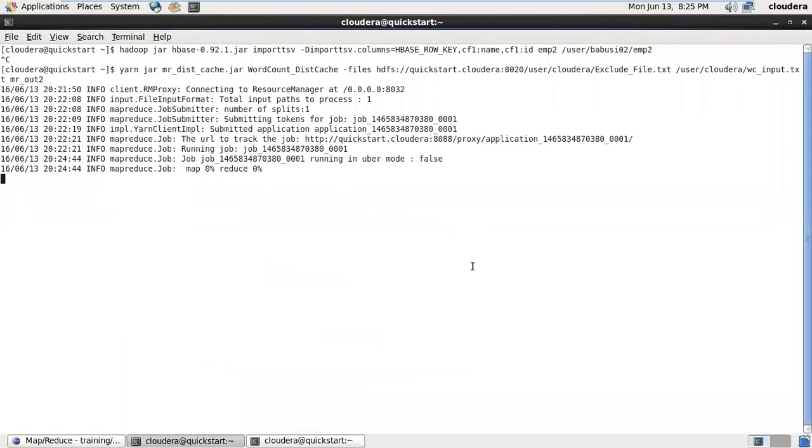Since this is my VM, obviously you'll not see the performance improvement on these machines, because running the MapReduce job itself, the basic MapReduce job itself, will take time. But in real time, you will see this improvement. So if this job gets completed,